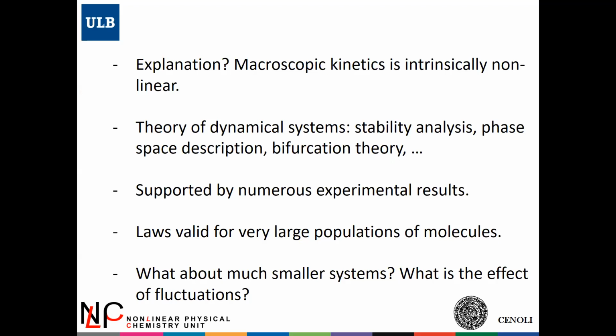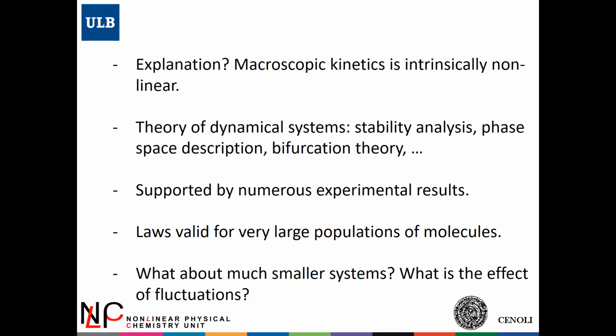This means that the evolution equations for the concentrations give rise to ordinary or partial differential equations, and they can be studied with the whole arsenal of the theory of dynamical systems: stability analysis of fixed points, analyzing phase space trajectories, and so forth. This approach has been validated against experiments on a really large number of cases. So we can have some confidence in the results of this kind of approach, but the problem somehow is that